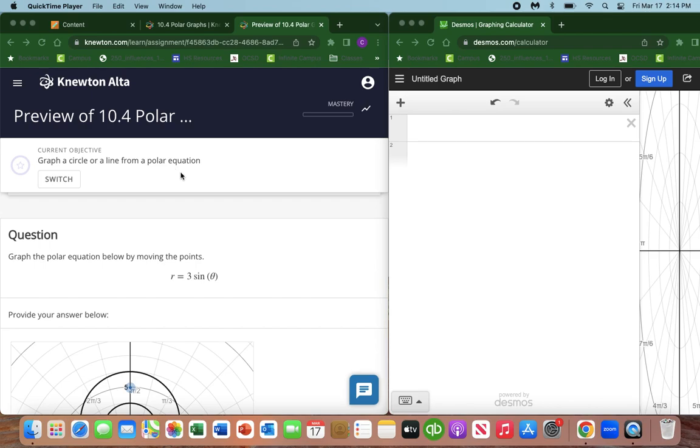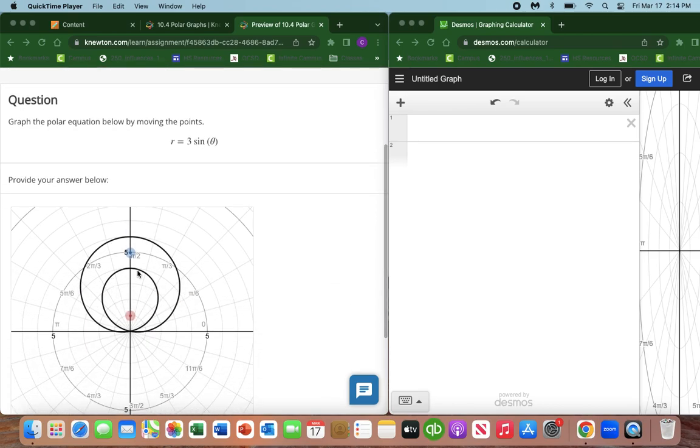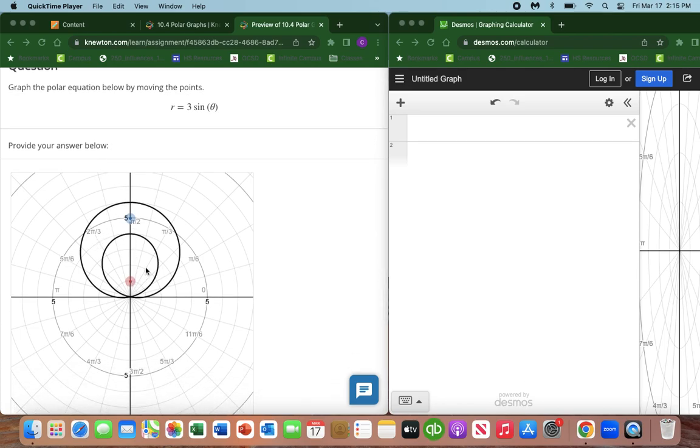Now, one thing I want you to understand is they give you this graphing software that makes this process a lot easier. If you were doing this by hand, we'd do the same process that we're about to go through, but we would just include more points. So you'd actually need to graph this equation with theta being 0 degrees, pi over 6, pi over 4, pi over 3, pi over 2, all the way around the unit circle. You need to use every angle on the unit circle to really get a good depiction of what the graph